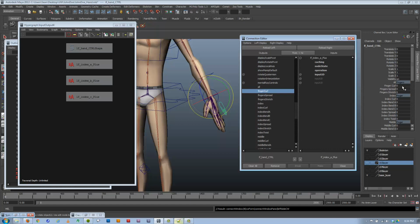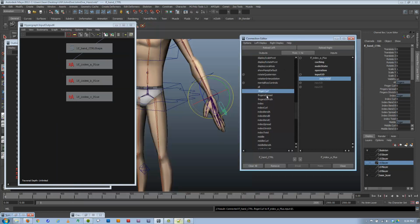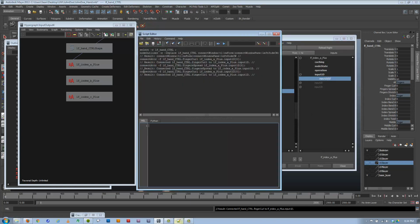It's a 1D because there's only one number that comes out of there. And as we click on input 1D, we get input 1D 0. So the 0 just signifies like it's a list, like the numbers here. It starts at 0 instead of 1 and counts up. So each number here is just another item it has listed that we're plugging into there. And the deal is if I try to put something else on there, it just overwrites 0 instead of adding a new one like we want. So what we're going to do is do the rest through scripting,